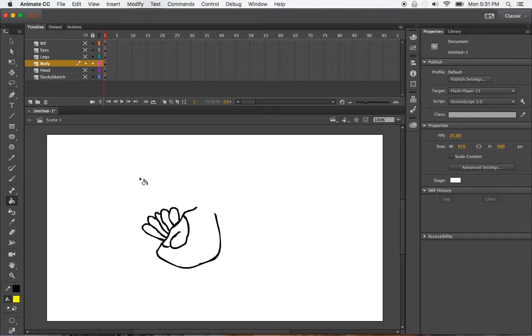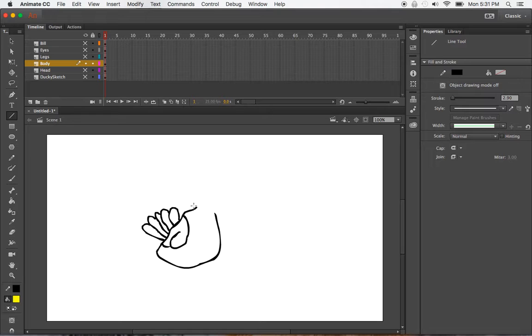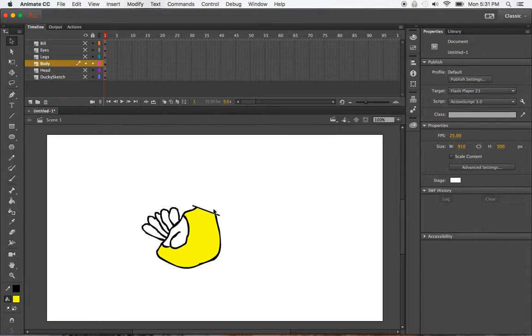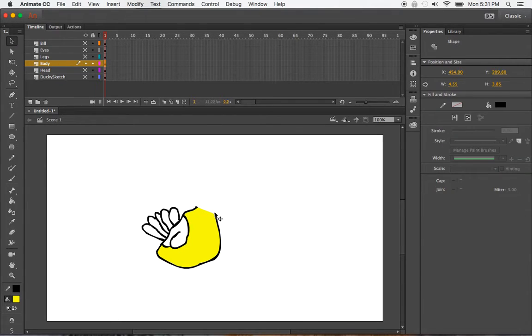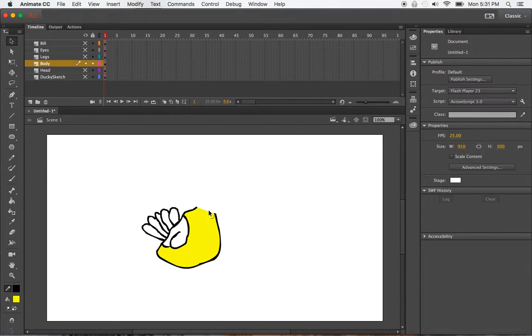So an easy way around that is to grab the line tool up there, do a real quick line like that, just to close off that shape, and then we can use our paint bucket to fill in. Yay! And we don't need that line anymore, so now once it's filled, we can get rid of it. Just click on it. I'm just selecting it and then using the delete key on my keyboard